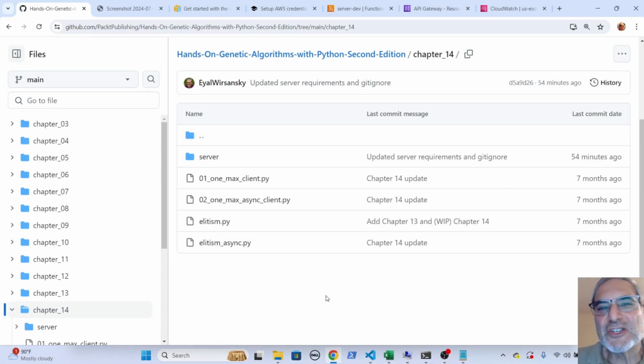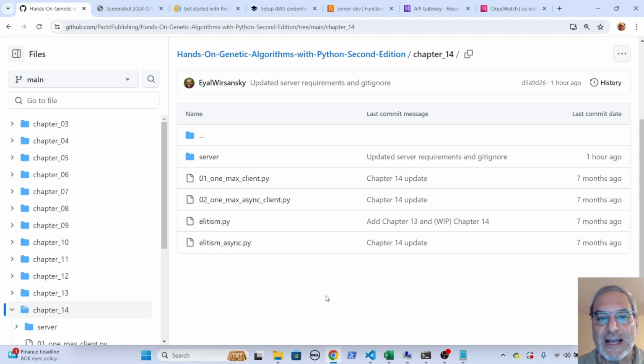Hello again, we are in chapter 14. This is a continuation of what we started in chapter 13. In chapter 13 we saw that we could accelerate certain programs when the fitness function takes a long time and occupies the CPU. We can parallelize it, and we showed a couple of easy ways to run the program in parallel within your computer. But now we want to see if we can go outside our computer and take advantage of computing platforms